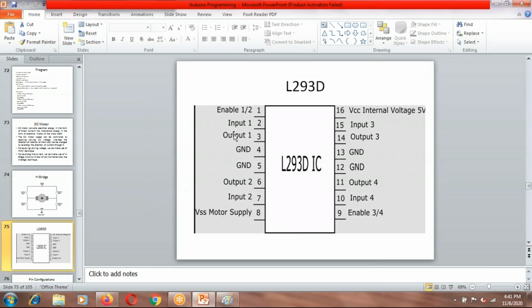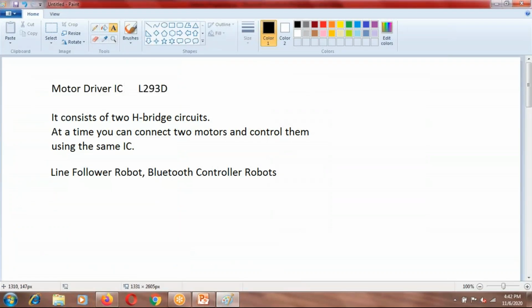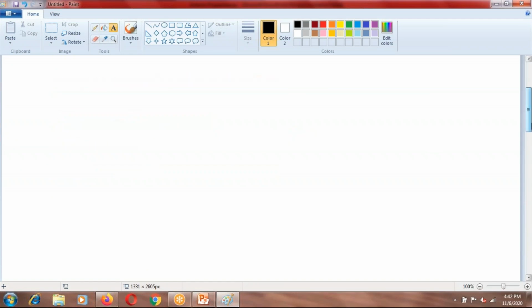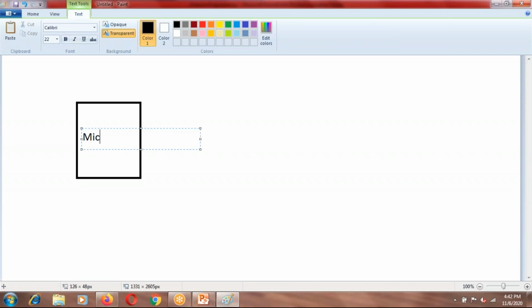So you have pins to make the connections to the microcontroller as well as the motor. Let me make a block diagram to help you understand what is actually going on. This is your microcontroller.